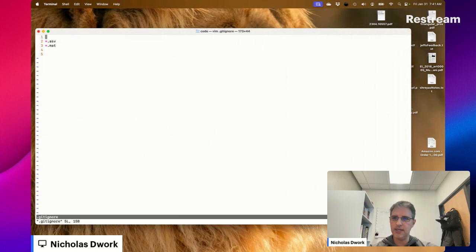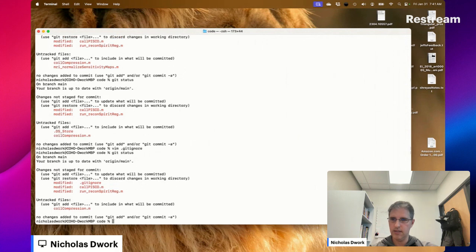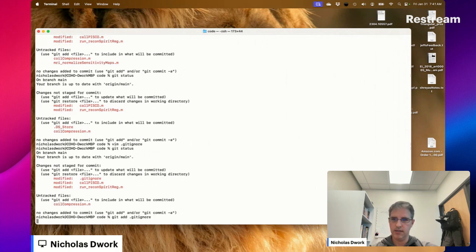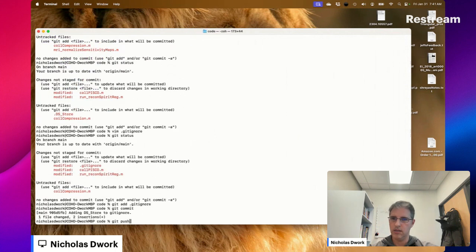I don't know what this DS Store file is. I know it's an Apple system file. I wonder what it does.